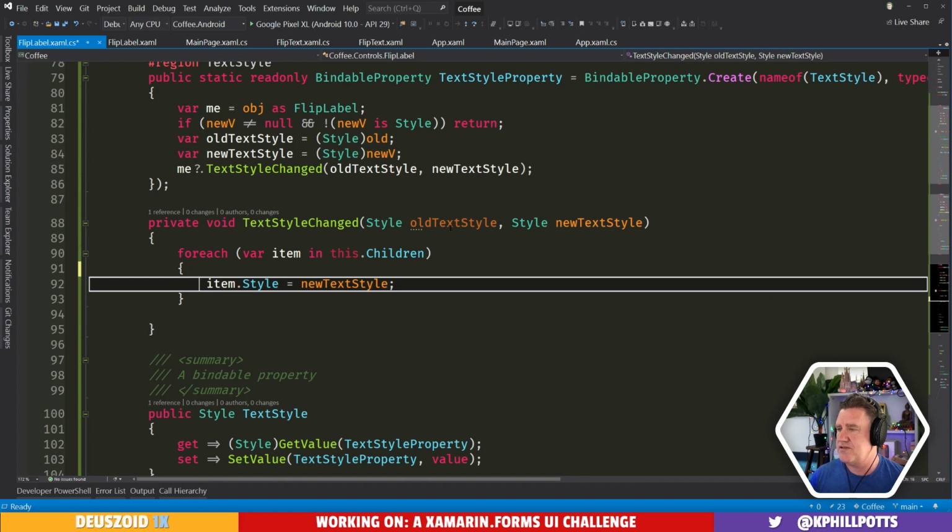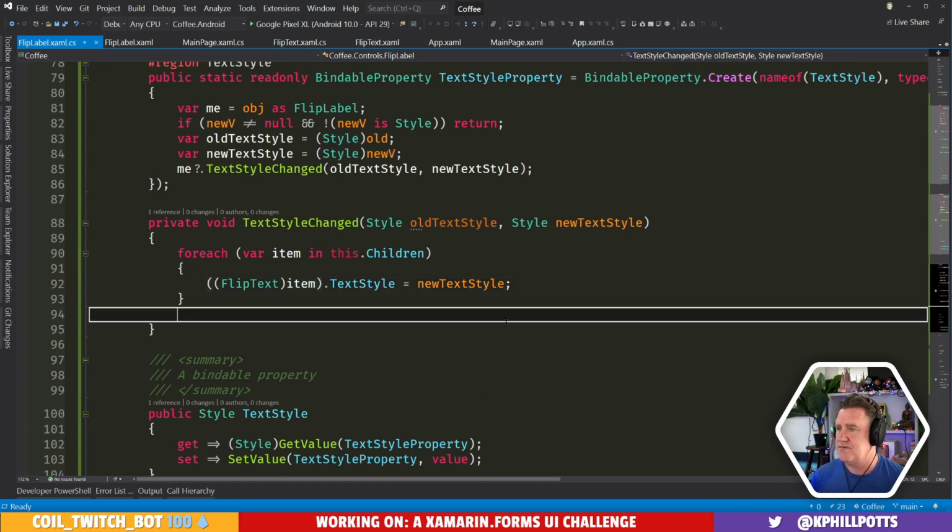That's because this here is actually a flip char, a flip text. Dot text style.